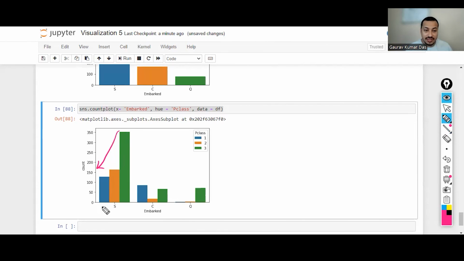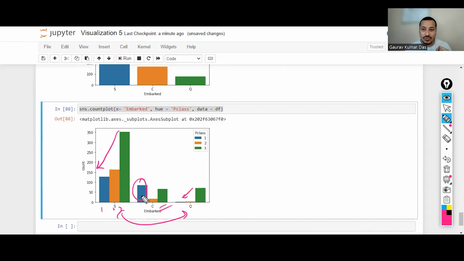This pattern, that the number of passengers in third class was more, followed by second class and then first class, is the same for S and Q. Whereas C is showing somewhat different, because the number of passengers in first class seems to be higher with